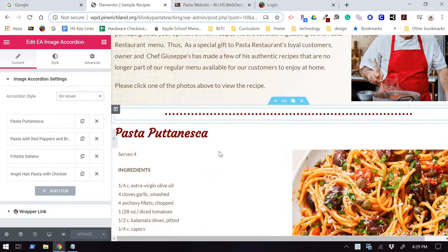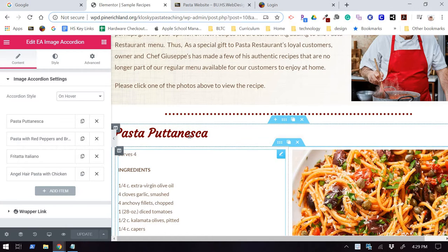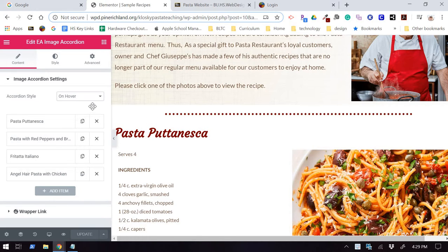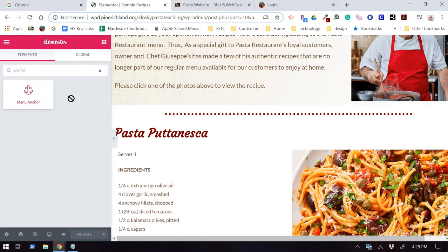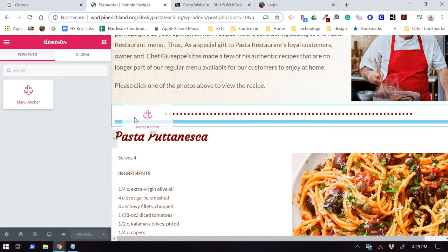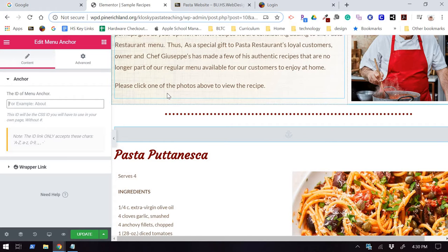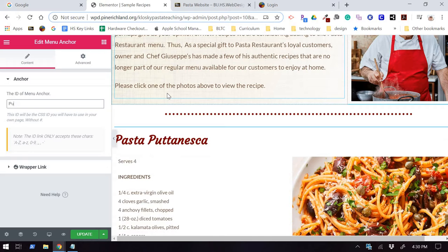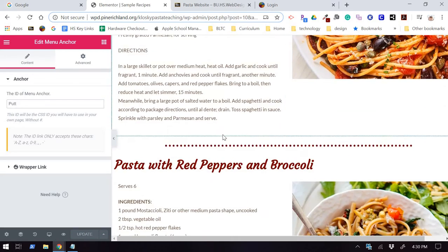So what I'd like you to do is think about a one word or abbreviation for each of the recipes as you add your anchors. So I'm going to come in here and type anchor. I'm going to pull a menu anchor out, place it right under the line, and I'm just going to say PUTT is the name of my anchor. And it is case sensitive, so it's important to get that. I'm going to update,